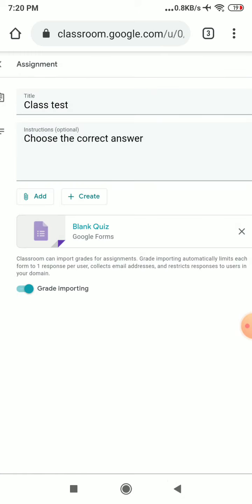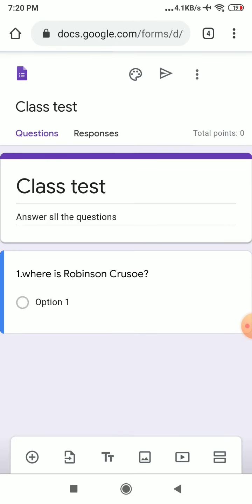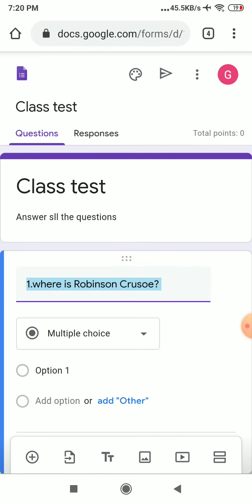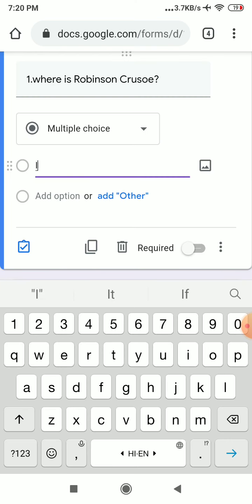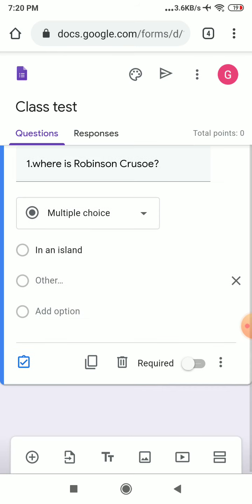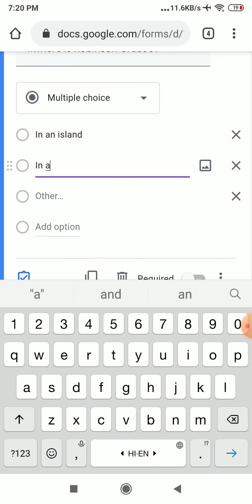So I am coming back to option 1. Okay, option 1, I am writing, in an island. Okay, then add another option, second option, in a forest.